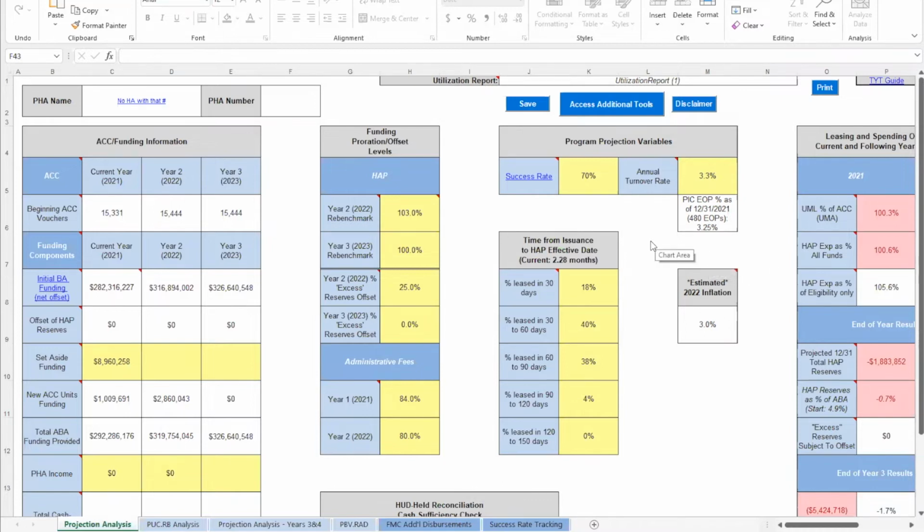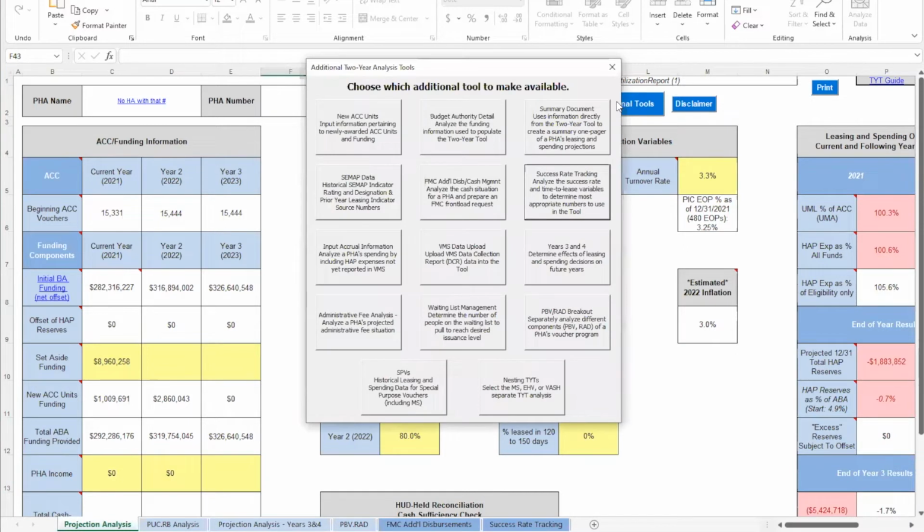Within the two-year tool, you will notice a blue button at the top of the screen labeled Access Additional Tools. When you select this button, a new window will open showing a table of additional available tools. First, we will review the Waiting List Management Tool. This tool will help the PHA track the number of households that must be pulled from the current wait list to